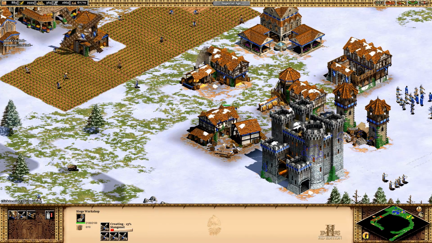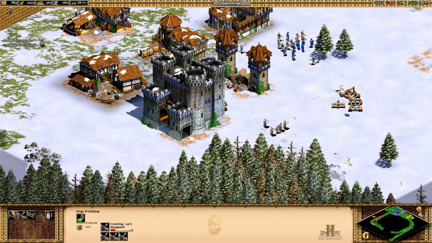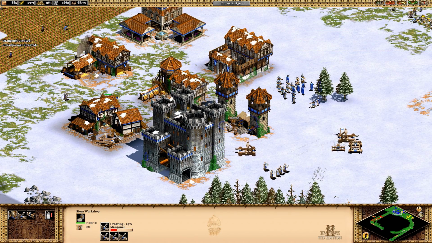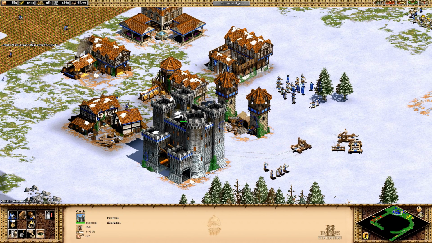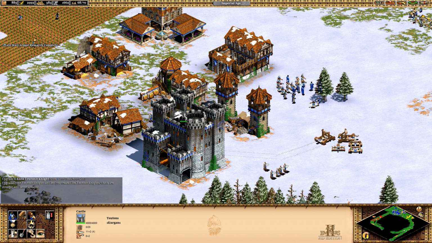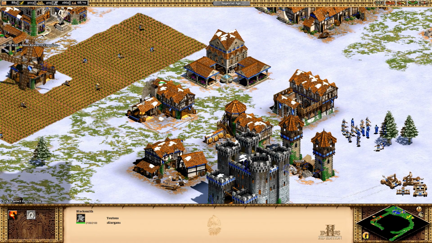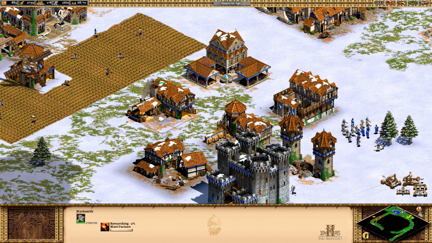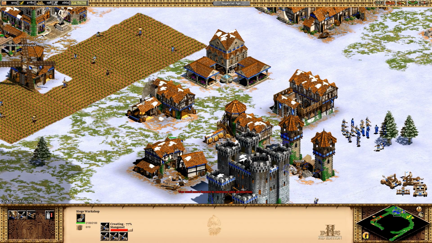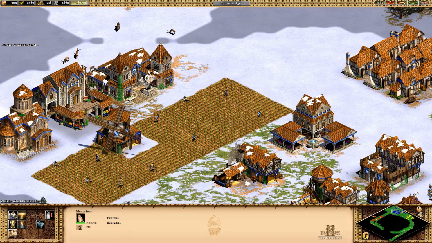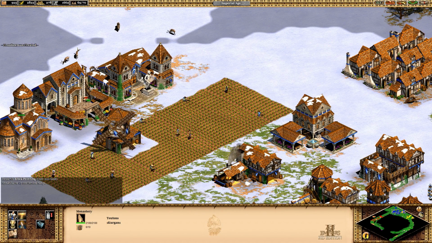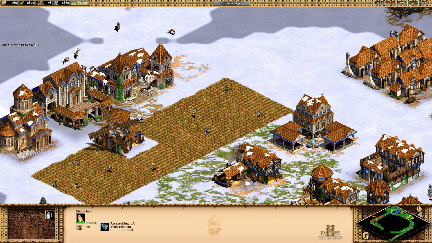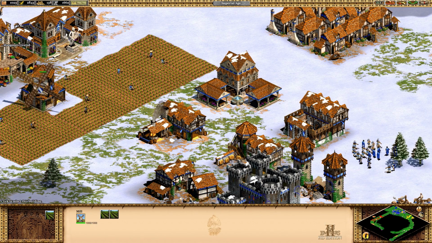They did Age of Mythology in between there, and then in 2005 it was Age of Empires 3, 2006 was the War Chiefs expansion, and 2007 was the Asian Dynasties. Then Ensemble Studios made Halo Wars, which was a real-time strategy. I assume it was given to them because the company had a great background in real-time strategy games. So instead of having, I believe it's Bungie that makes the Halo series, make the real-time strategy, why not give it to the people who know what they're doing?